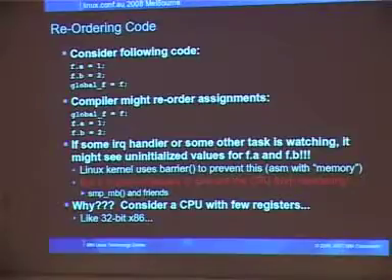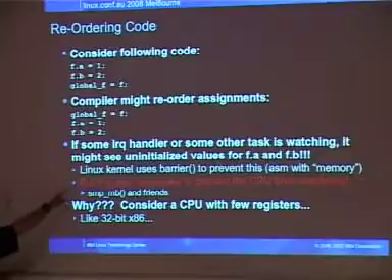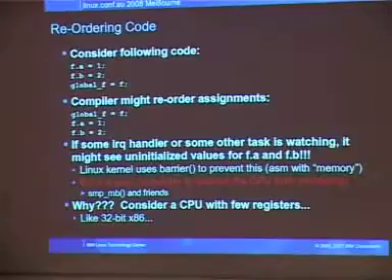Of course, and this goes back to the volatile question we heard earlier, it's not enough to prevent the compiler from reordering. If you have some other task, you also need to prevent the CPU from reordering. Preventing the compiler from reordering works if you're only worried about your mainline and an interrupt or signal handler. But if you're worried about some other task, you need memory barriers as well.